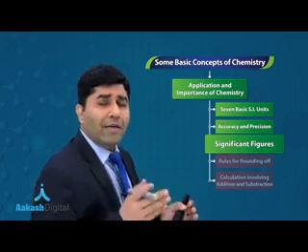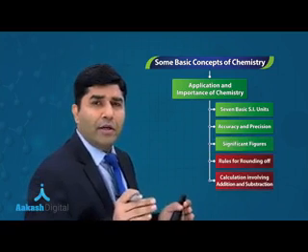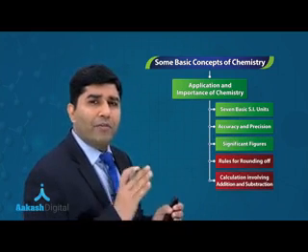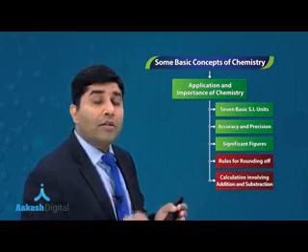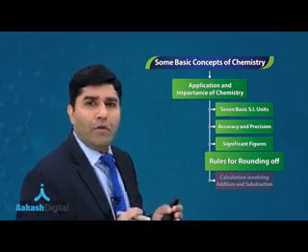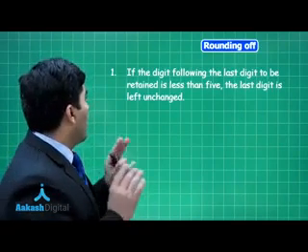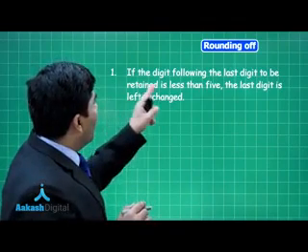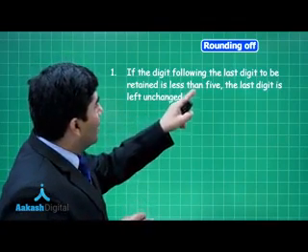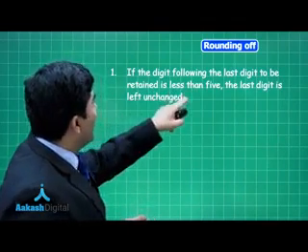So guys, we were discussing accuracy and precision. We were discussing significant figures. Let's talk about the rules of rounding off. Sometimes, to make the measurement perfect, we have to round off the digits. Let's see the rules of rounding off. Now, first rule: if the digit following the last digit to be retained is less than 5, means